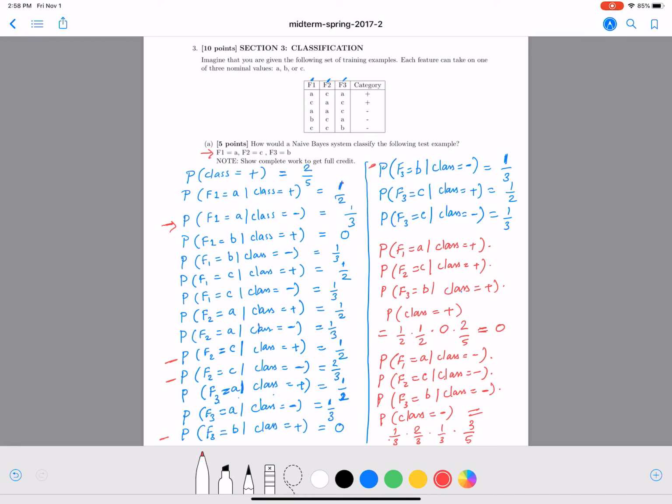Right? Now, multiplying this, we can see just by looking at the numbers that this is greater than 0. So the final prediction would be minus. And you don't have to go through all of these calculations. Only the required ones are enough. I just went through all of them to show the entire work here. You can just calculate the ones that are required in the final calculation, and you can see that the calculations simplify and one of them becomes 0 and hence the other one becomes